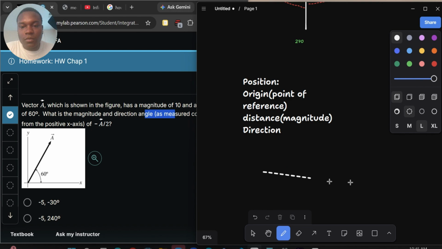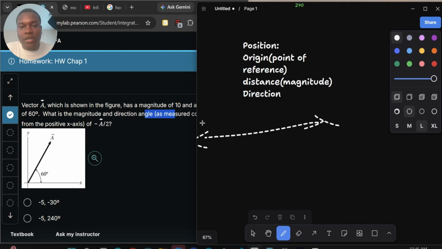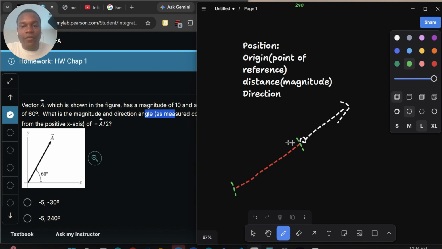There's no way to do it. So these arrows here don't mean anything, because the magnitude is still what it is, right? Imagine you just draw the line of this vector in the opposite direction. So this is the 60 degrees here, and you just draw a line without the arrow, indicating the new inverse vector. If you don't put the arrow, you just have a line, and the magnitude is the length.